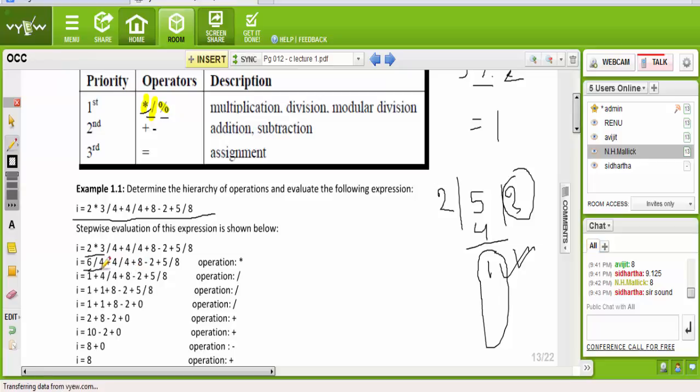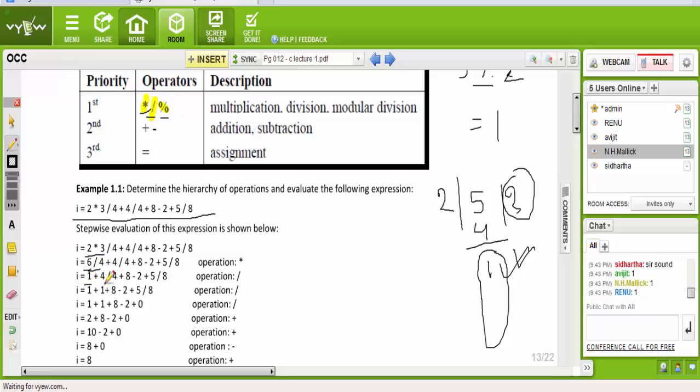Now those 6 and 4 are all integers. Then what should be the answer? One. Yes. Now we write this answer 1.